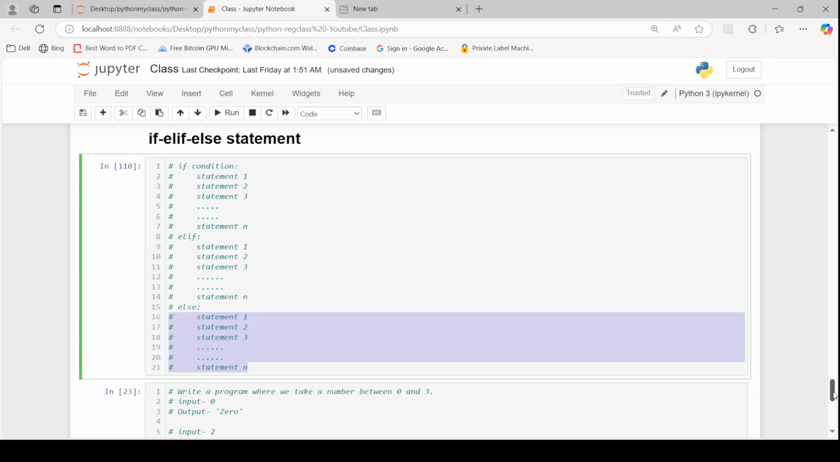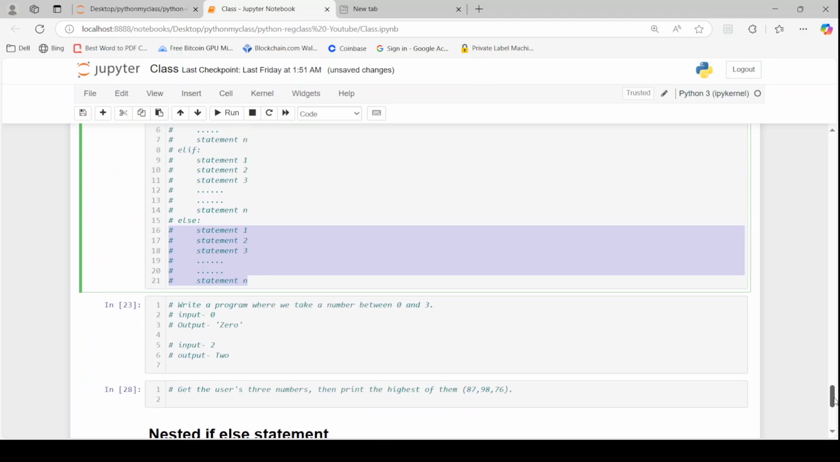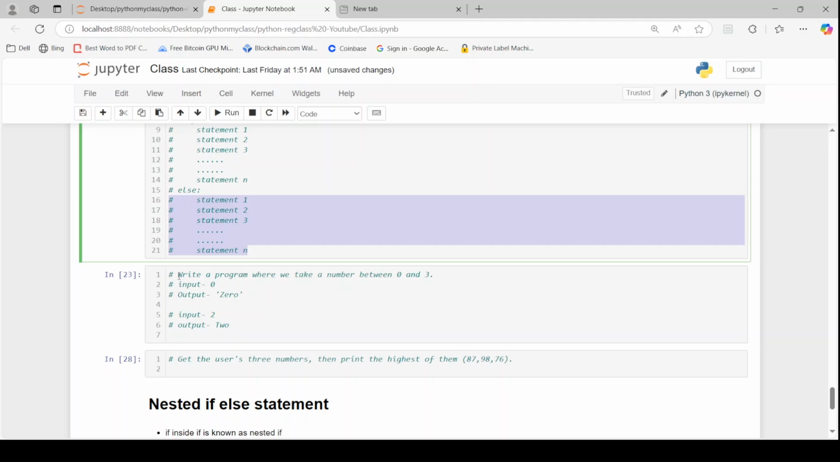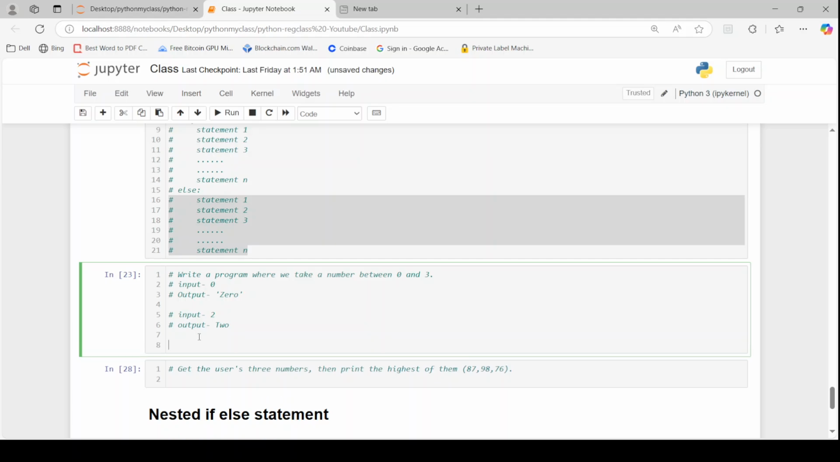Okay, so let us check this. What is the question here? Write a program where we take a number between 0 and 3. That's the same thing only. If the input number is 0, then the output should be 0. If the number entered is 2, then the output should be alphabetically 2. So x is equal to int input